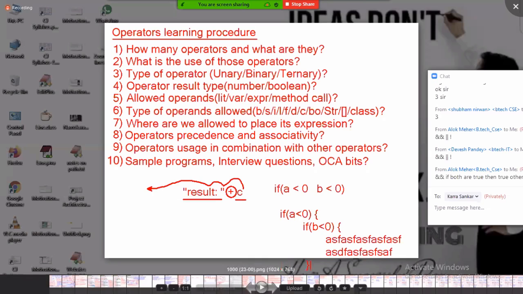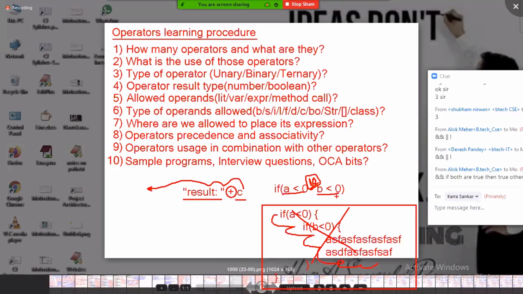To overcome this lengthy code writing, we have operators, what? Logical operators we have. Instead of writing multiple inner if conditions, in place of this we have to use, if A less than 0, and here you should use the logical operator. Logical operator is used for concatenating conditions. If you want multiple conditions concatenated in a single expression, then you must use a logical operator. How many logical operators are there? 3. Among the 3, and, or are meant for concatenating.